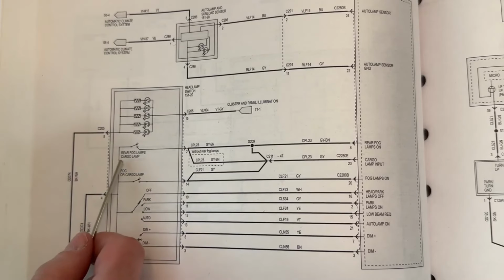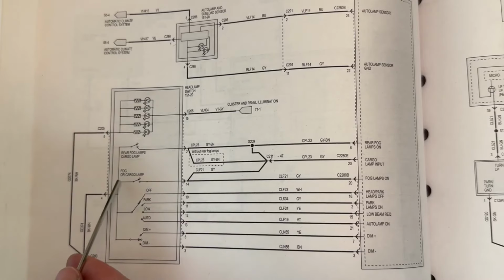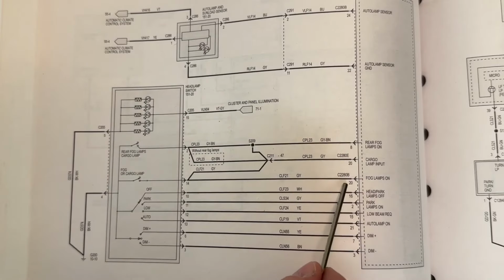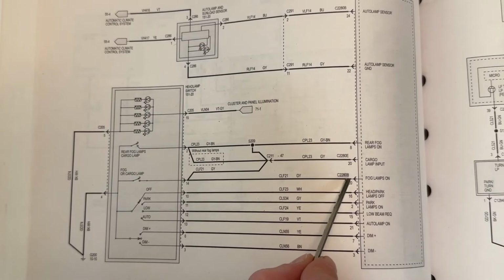I believe this might be a typo. It should say rear fog lamps or cargo lamp, just like it says fog or cargo lamp. So the way this works, if you see right here, we have from terminal 20 in this connector that ends in Bravo,